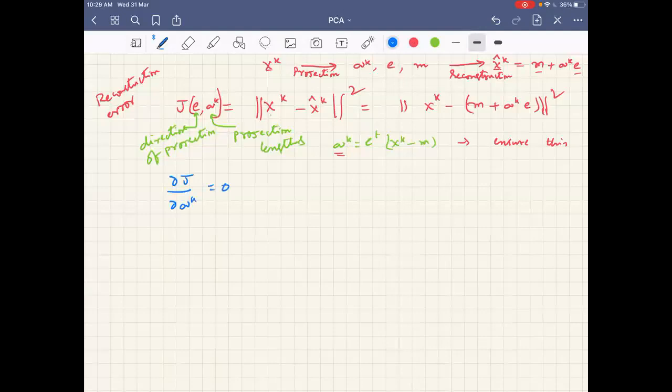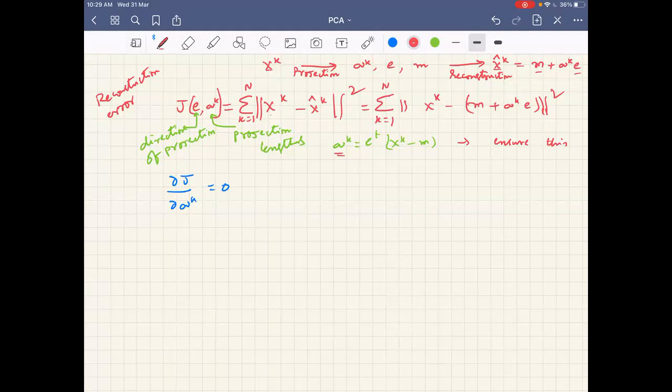Before, we missed one point here. This reconstruction error I calculated with how many samples? Only one sample. But how many samples are there overall? N samples. So what should I do? I don't want a minimum error for one sample and reasonably high errors for other samples. The overall reconstruction error has to be minimum. So the cost function involves a summation here. Is this clear? This is what I want to minimize while getting ak.